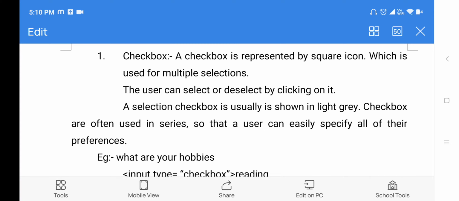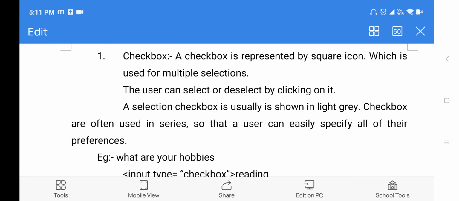The first one is the checkbox. This I have also explained in the practical part. For example, if you are taking a survey or collecting information from a user, where you need the hobbies of a particular person, hobbies is not only a single value. A person may have more than one hobby. In that case, multiple inputs will be collected from a user. So when you are collecting multiple inputs from a user, there we can implement checkboxes.